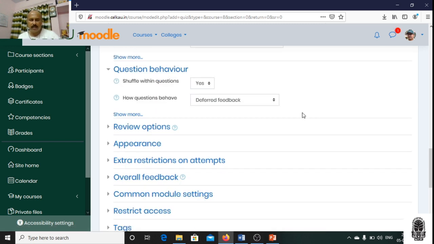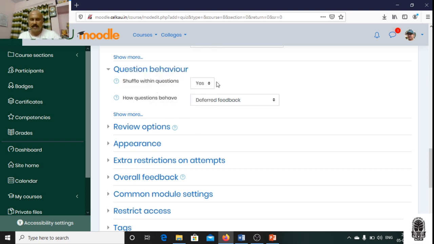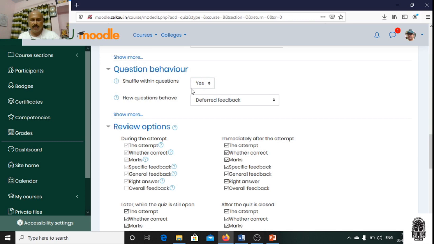Question behavior, shuffle within questions. If enabled, the parts making up each question will be randomly shuffled. So you will give an order, but that order will be automatically shuffled by the computer. I will say that you give yes here. Otherwise all default will be here.